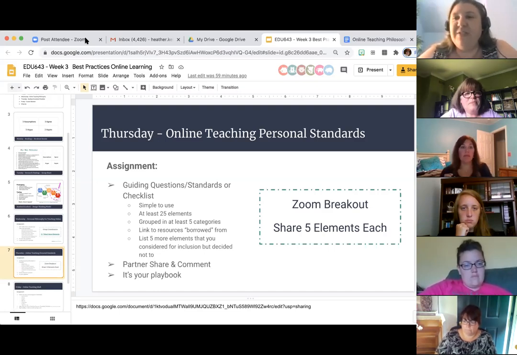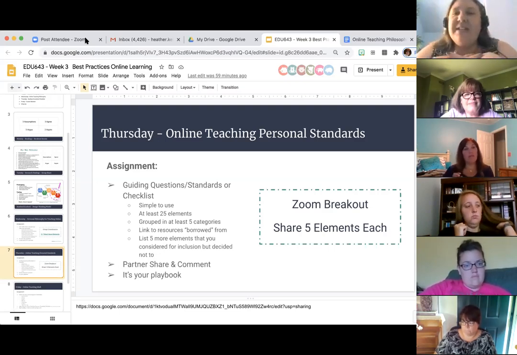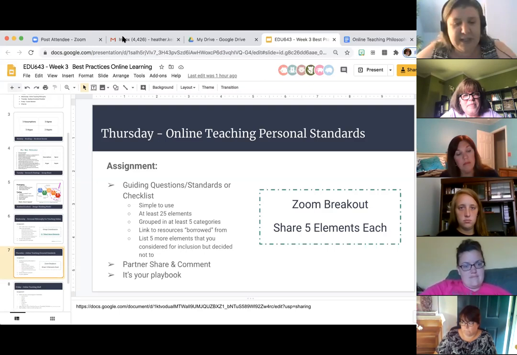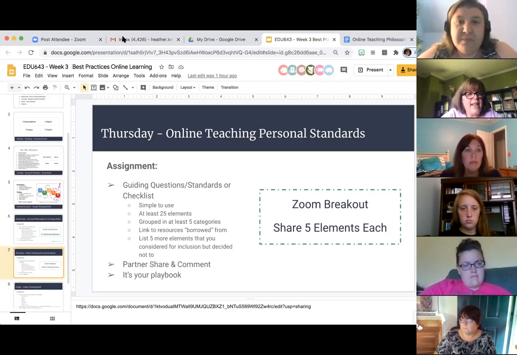But I definitely did fall down that rabbit hole of clicking for a while because I'd get started and I'd be like, I don't really like how that looks. Or a couple of them, I swear they just copied each other's. Of course I wondered who was the original creator of that document, because they were very similar. But I ended up with six that I really liked. And it kind of built itself once you found those resources. Elaine, can you share a couple of the elements that you chose?